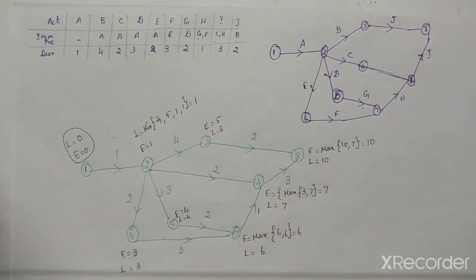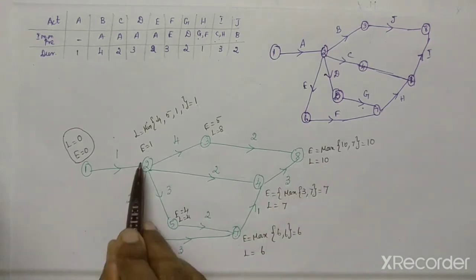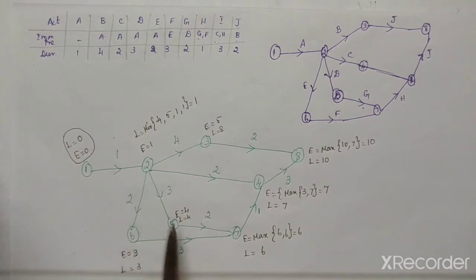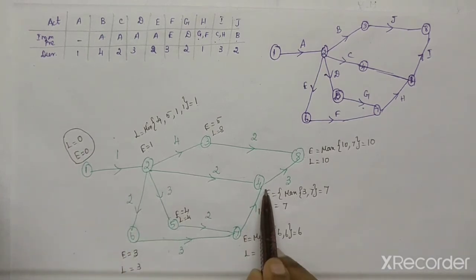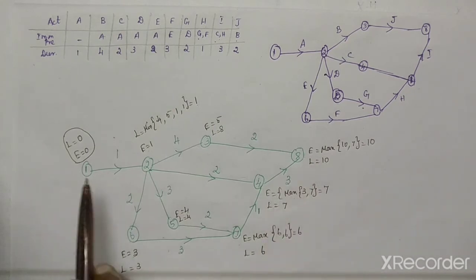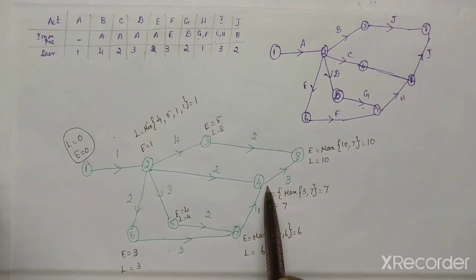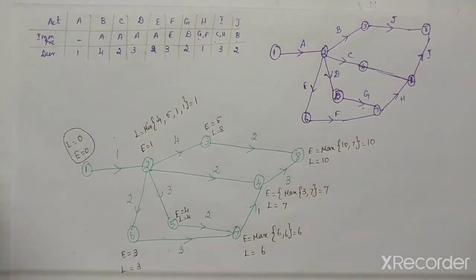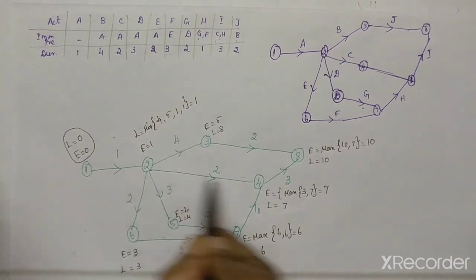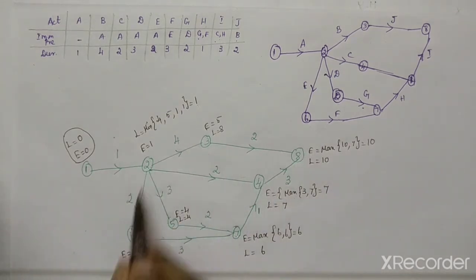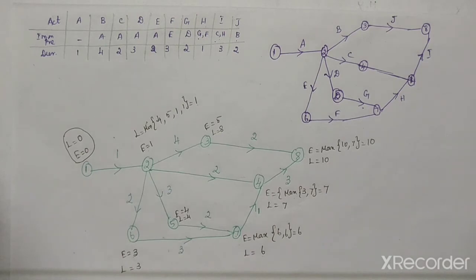This is one thing. The next one is 1 to 2, 2 to 3, 2 to 5, 5 to 7, 7 to 4, 4 to 8 is another one. Next one is 1 to 2, 2 to 6, 6 to 7, 7 to 4, 4 to 8. That is also another one. So we have 3 critical paths. So now one is like this, another one is like this, and the next one is also like this. So from these 3 critical paths, find out the total duration. Which one has 10, that is your correct critical path.